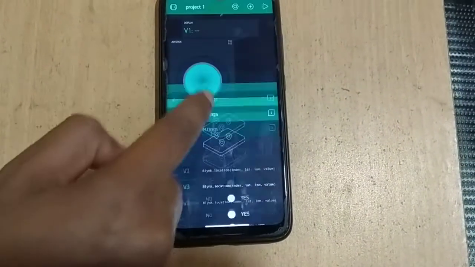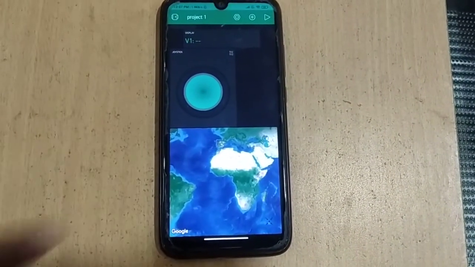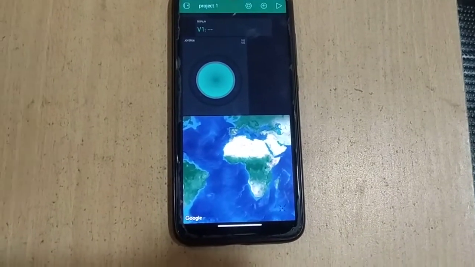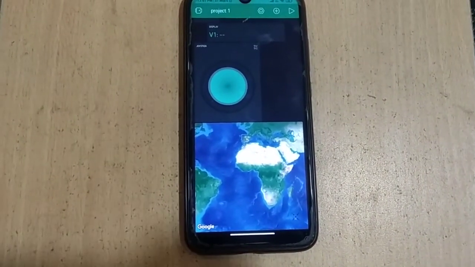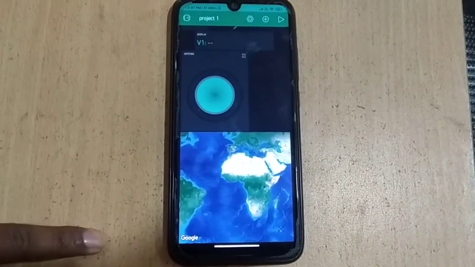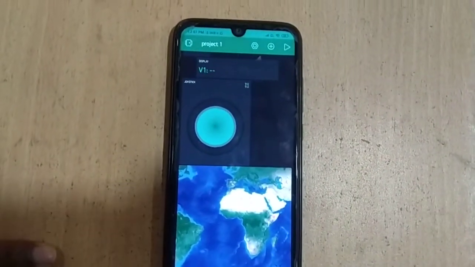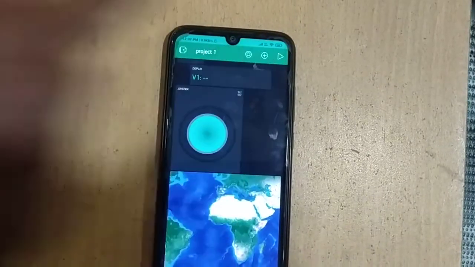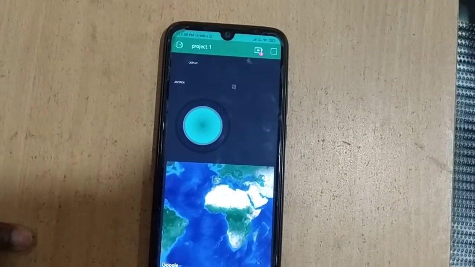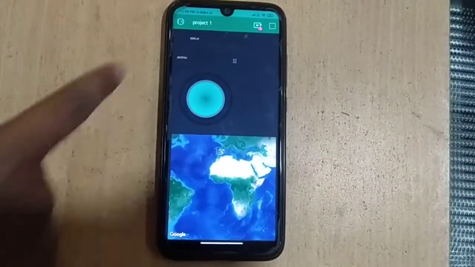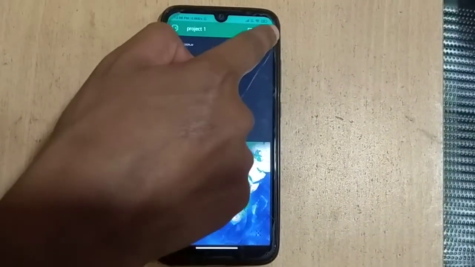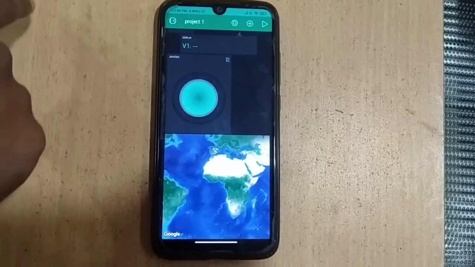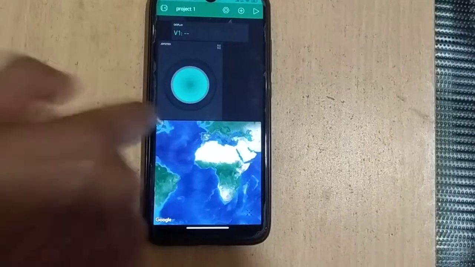In this way there are different options available. After setting all those things, whatever you need for your particular project, you can add here within the 2000 energy level. After that, in order to connect, there is a play button at the last. Just click on that play button. Whenever you click on this play button, there are two different options available. This one will take you back to the normal view, where I came from, in order to do the settings.